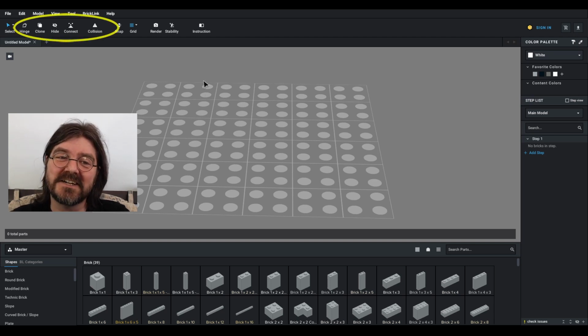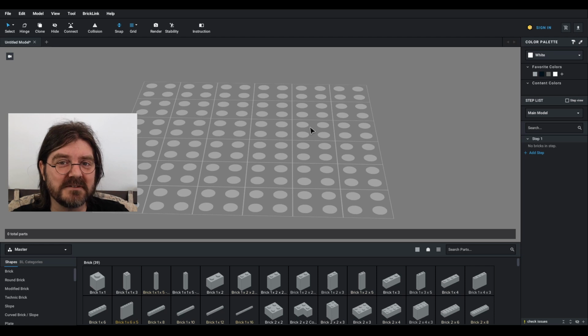Okay, let's get started. You will find the Connect tool on the upper left-hand side of the screen with all of the other tools. I would suggest assigning the Connect tool to a hotkey because if you're like me, you're going to be using it a lot and it's just going to make it much quicker for you to access it.